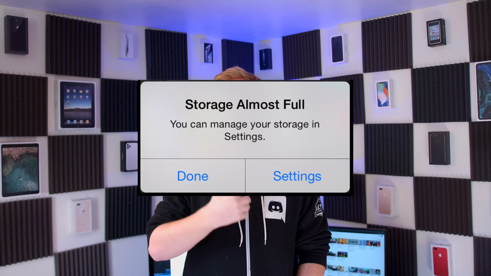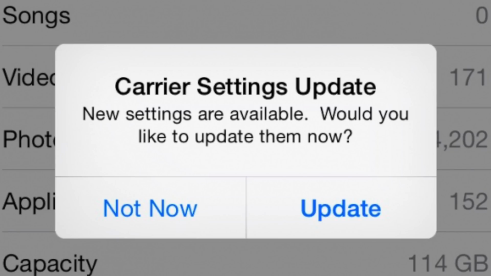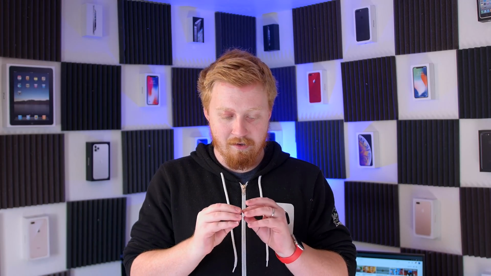Third one, though, with pop-ups is, I think, one that annoys a ton of people out there that needs to be made more like it is on macOS, which is those little system update ones, like your storage is full or the iPhone is about to restart or undo typing or something like that. I think it would make much more sense if it was a little drop-down menu from the top of the phone so that, even if you're in the middle of doing something, you can get that